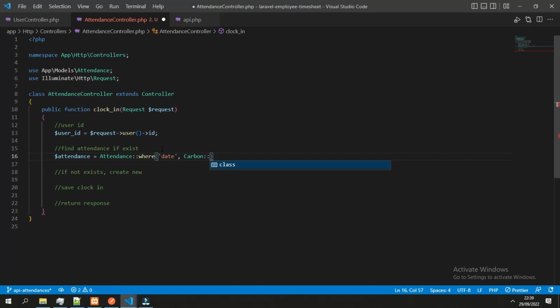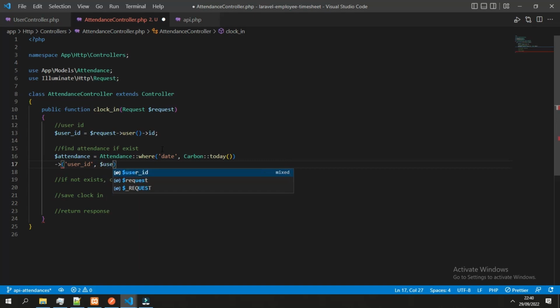So we will use a Carbon today method. After getting where date is today, and next where clause is if the user ID is equal to the user ID of the requester, then we will get the object.